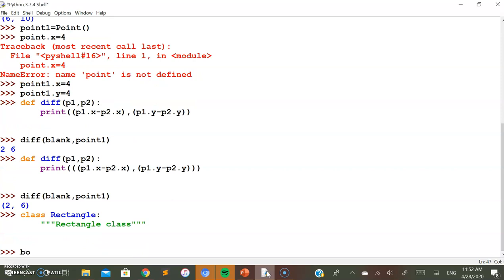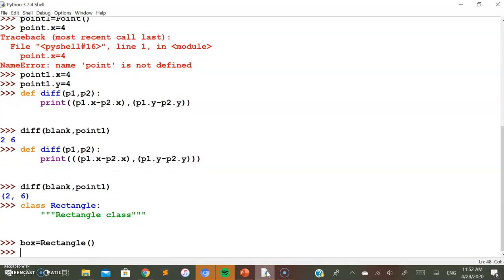The next thing is I want to create an object for the class rectangle. You already know the syntax for creating an object. The attributes required for the rectangle, if you remember, are the width, height and the point.